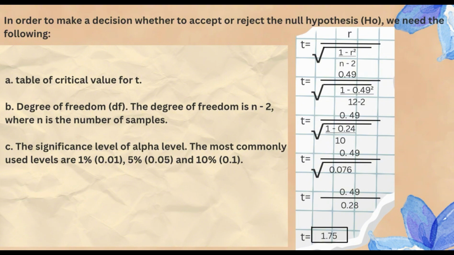If the computed t-value is greater than the critical value, it means the correlation is significant and the relationship between the variables is meaningful. However, if the computed t-value is less than the critical value, it means the correlation is not significant. Therefore, this step helps us confirm whether the correlation value of P of 0.429 truly represents a significant relationship between the variables.